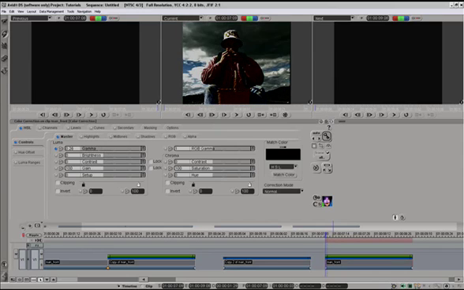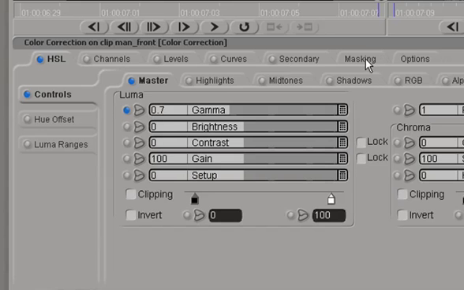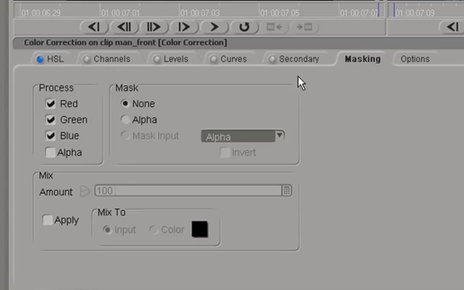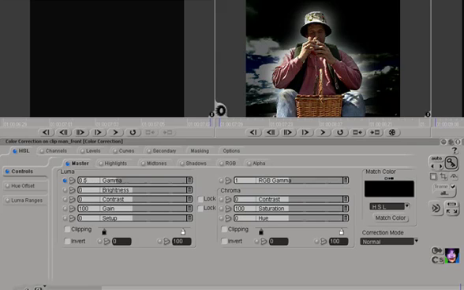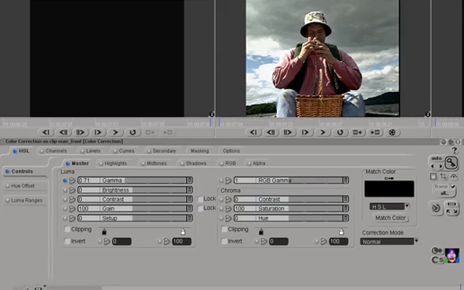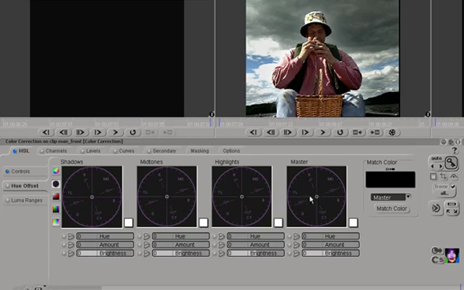Now you can see I'm actually changing everything. Our matte is not working. Well, the reason it's not working is we have to enable it here by clicking on the masking tab and selecting alpha. So now anything we do is isolated by the shape that we've created. So we'll do this, give it more saturation, and